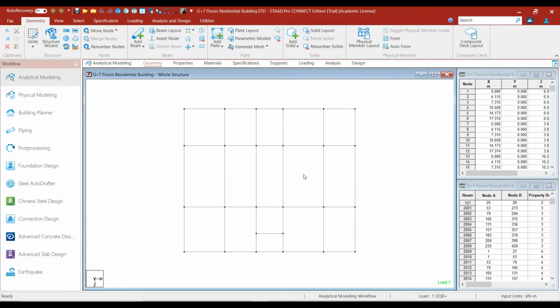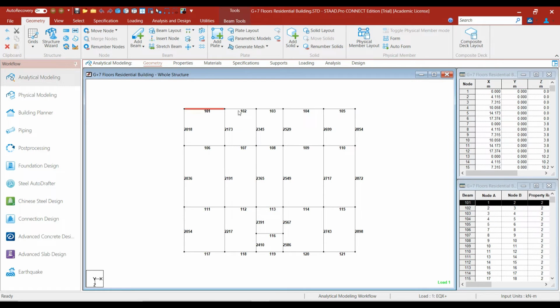Now press Shift plus B from the keyboard in order to see the renumbering. As you can see, all the x beams have been renumbered, that is 101, 2, 3, 4, 5 and so on. The last beam renumbered in the x direction was 121.